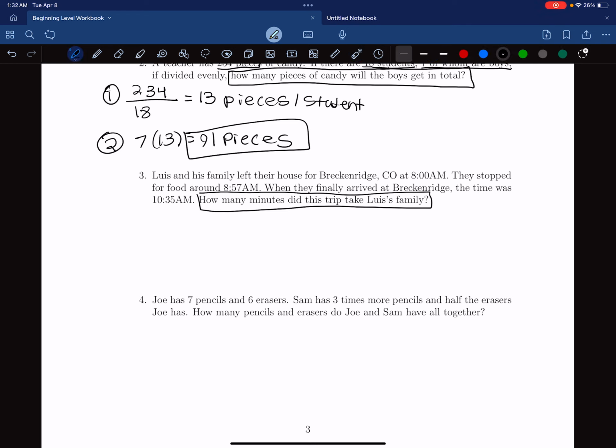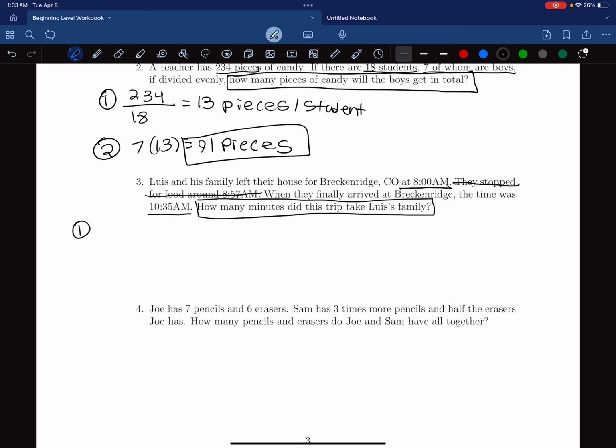So let's underline important information. We know that his family left their house at 8 a.m. Because the question is asking how long it took them, the sentence that says they stopped for food around 8:57 a.m. is irrelevant, so let's cross that sentence out. And then we have when their family arrived at Breckenridge, the time was 10:35 a.m. Based on this information, our first step is to find the difference